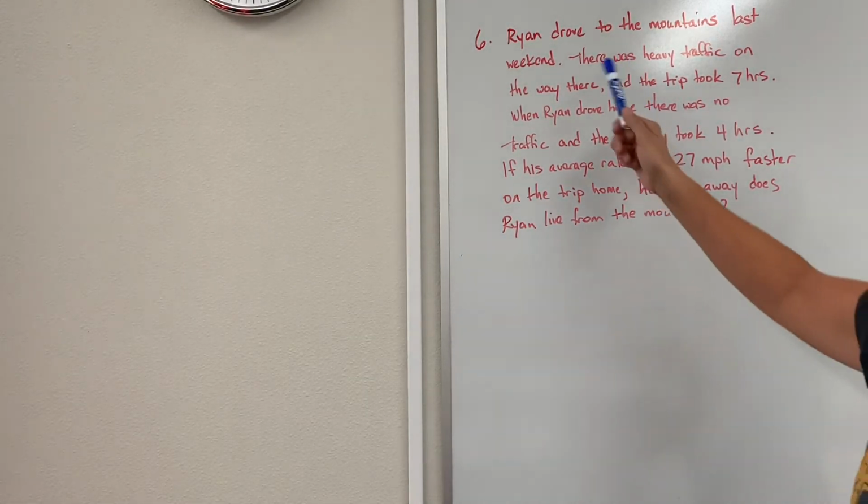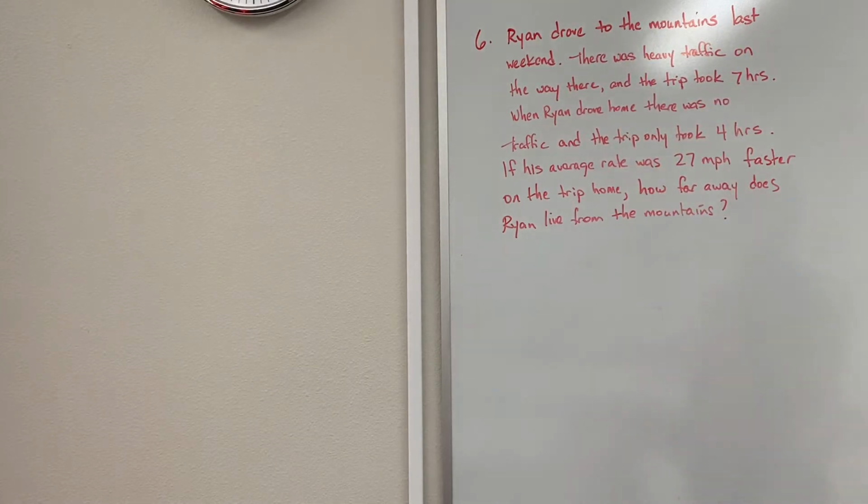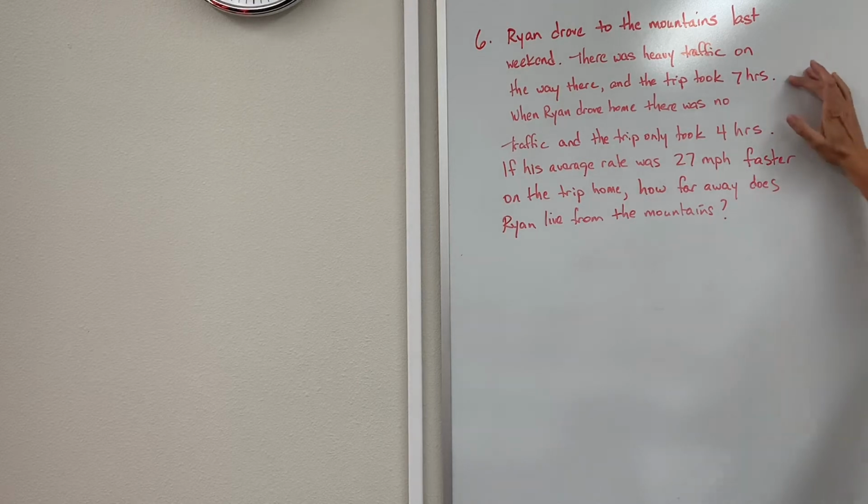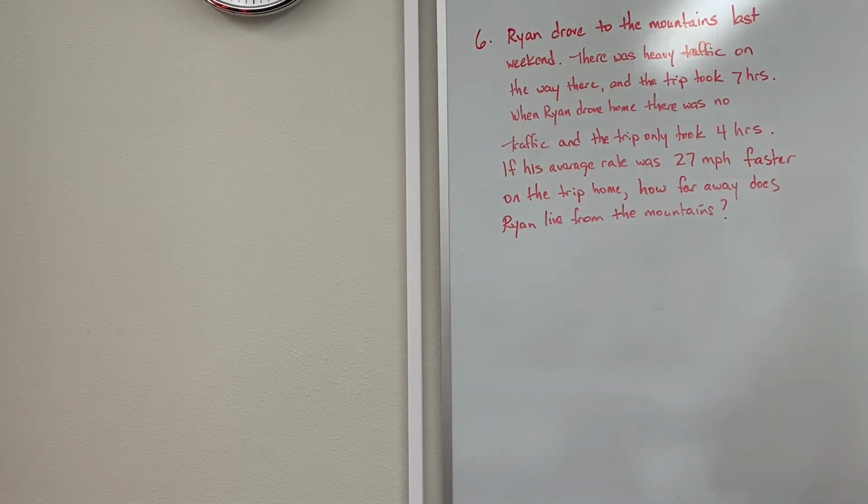It says, Ryan drove to the mountains last weekend. There was heavy traffic on the way there and the trip took 7 hours. When Ryan drove home, there was no traffic and the trip only took 4 hours. If his average rate was 27 miles per hour faster on the trip home, how far away does Ryan live